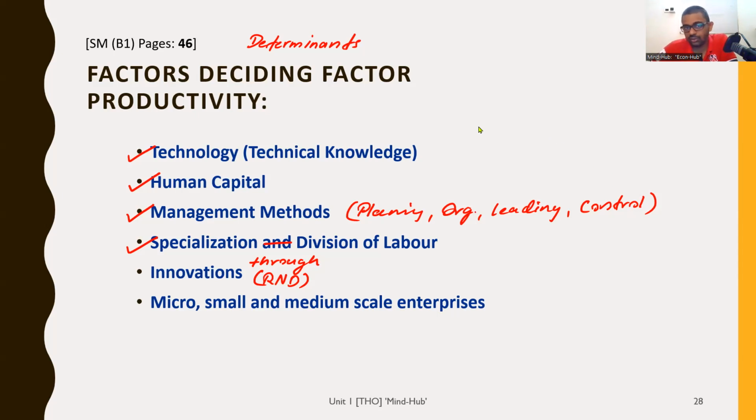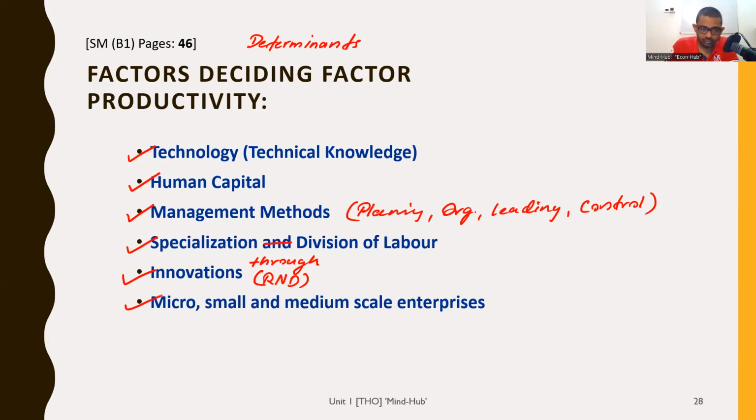Now, Sri Lanka is not known in the world as a country that is at the cutting edge of technology, one of the most innovative countries. We are not known that way. One of the reasons is that we are not having a lot of research and development done. We are not a research and development based economy. We don't have the culture for research or the temperament, attitude for research. So the more research and development we do, we will have innovations. Innovations help us improve productivity. The more productivity improves, we can achieve growth, can produce more output.